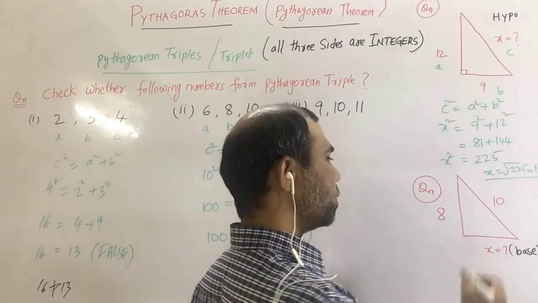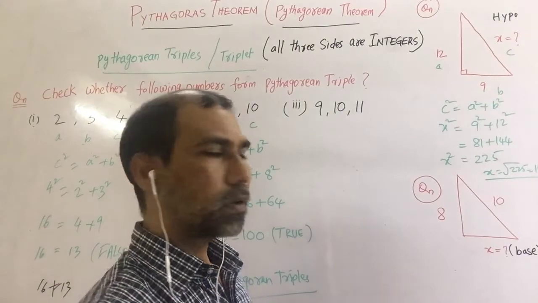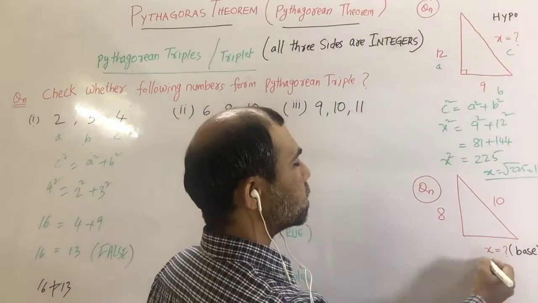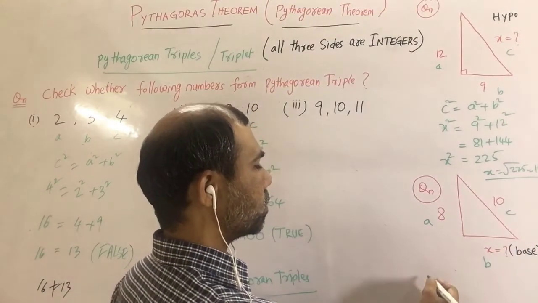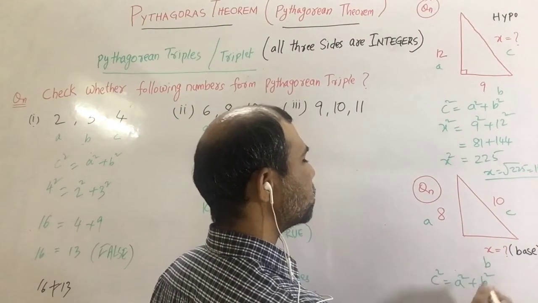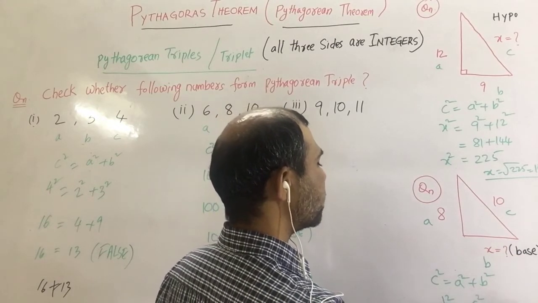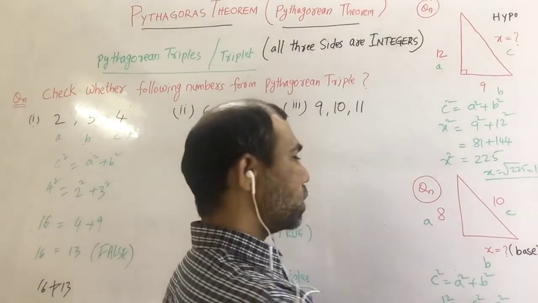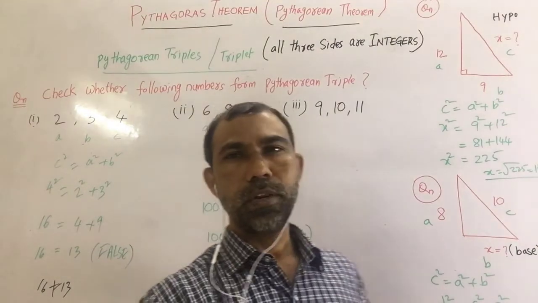And you can check this question too and solve it using the Pythagoras theorem. Here this is b, this is a, and this is c. Let us see here, c squared is equal to a squared plus b squared. From this, what we need is b squared. b squared can be written as c squared minus a squared, and using that relation you can find the x value.